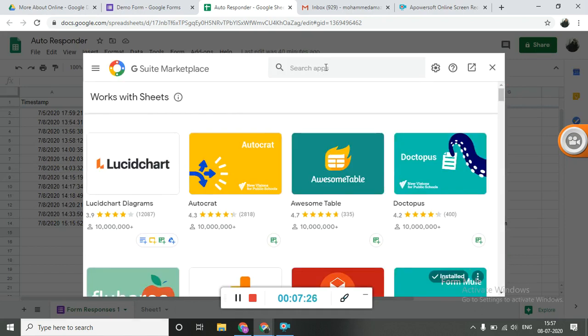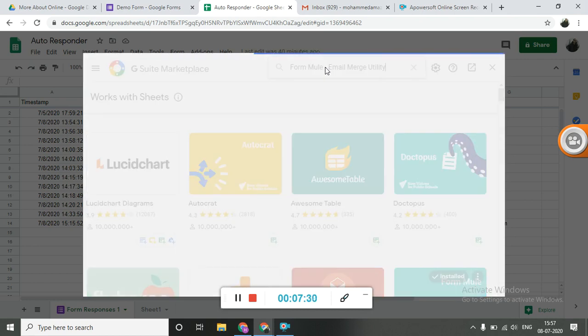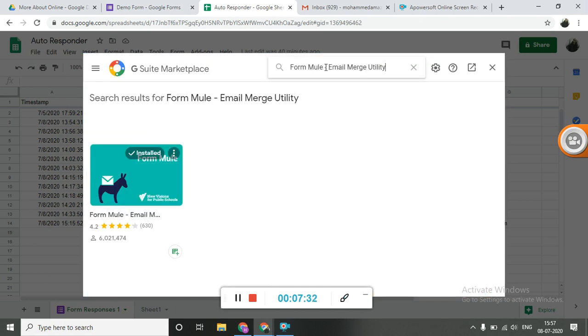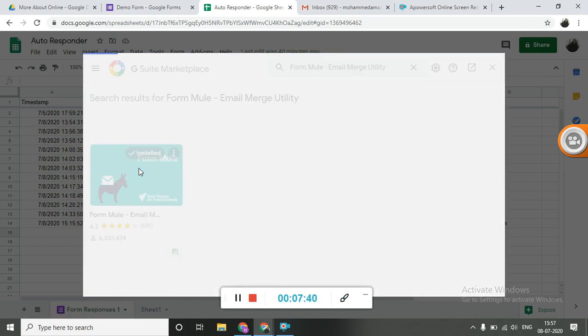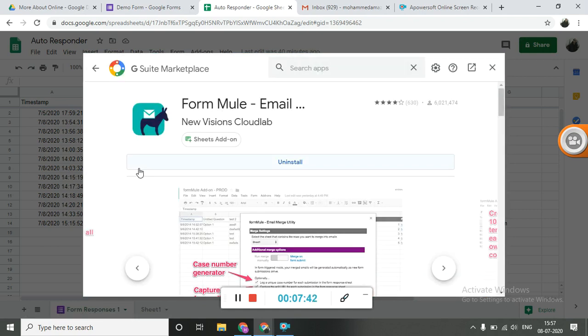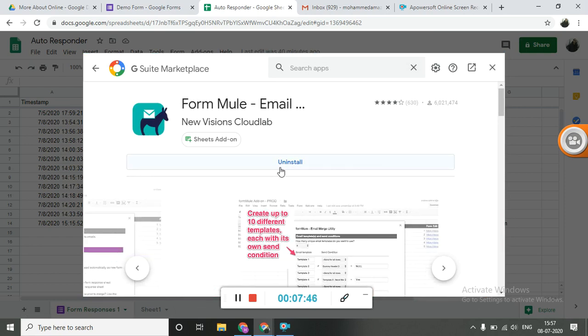Type formule over here. You see this formule? It shows installed over here. But in your case it will show install.